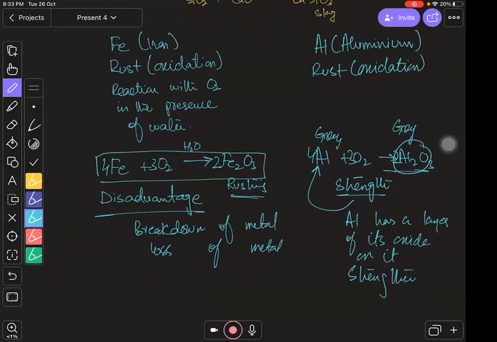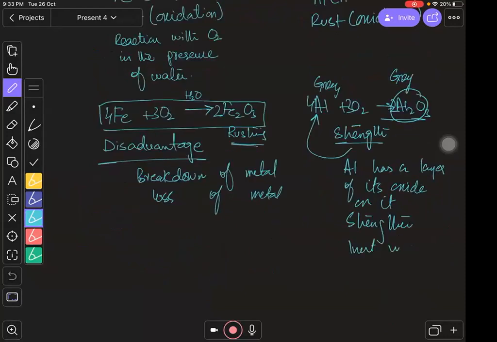And that is why it is inert in nature, that is why aluminum आपके पास inert होता है। That is a very important point of aluminum, you need to remember this for aluminum। इस वजह से एल्युमिनियम की बहुत सारी प्रॉपर्टीज हम यूज करते हैं, इस वजह से एल्युमिनियम को हम बहुत सारी जगहों पे यूज करते हैं बिकॉज इट हैज अ लेयर ऑफ एल्युमिनियम ऑक्साइड ऑनटू इट, राइट बच्चों।